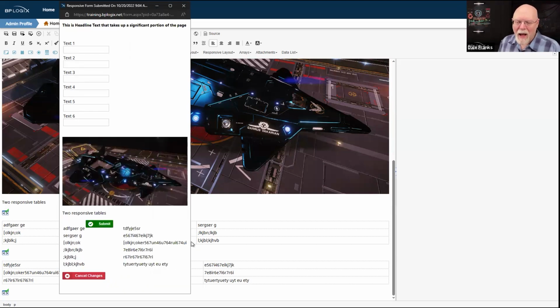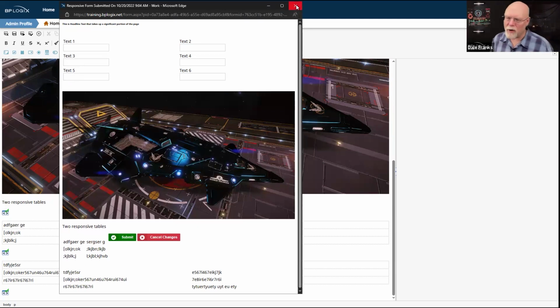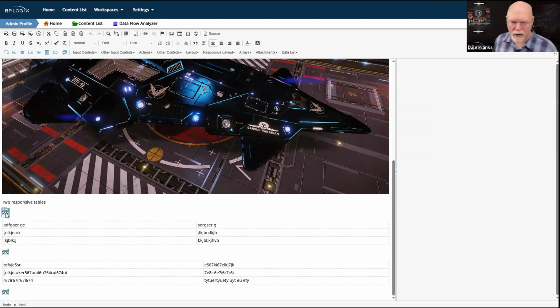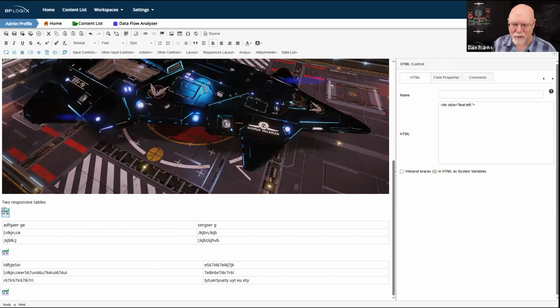But how did I do this? Well, again, this is a little trickery. And we talked about layout before, and I talked about using tables as layout. We're just going to take a look at this. I'm not going to get into the weeds of how div tags and stuff work. But what I've got are two tables, and I've got 3 HTML controls that I've thrown onto here. And so here's what I want to happen. The very first HTML control creates a div tag, a division tag, basically a block of content on my form.